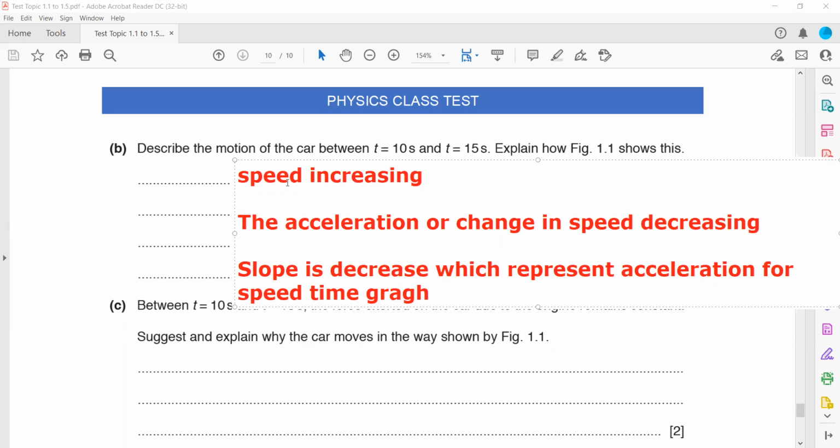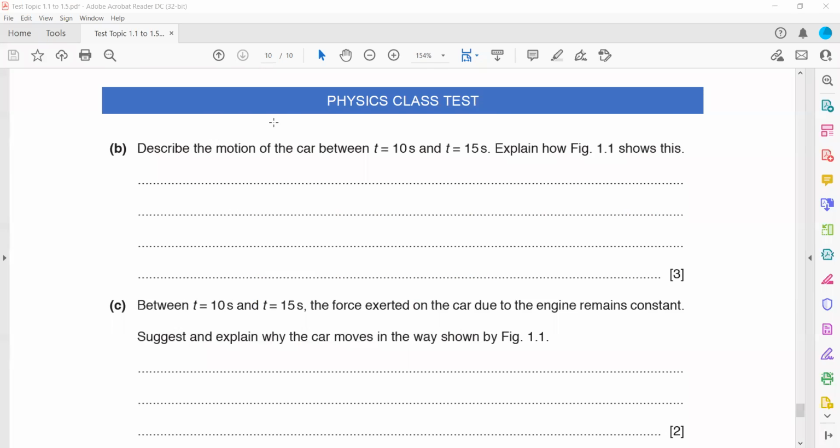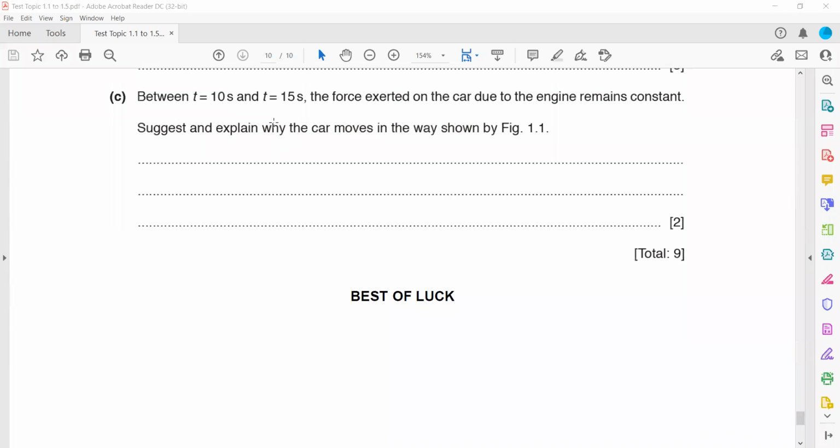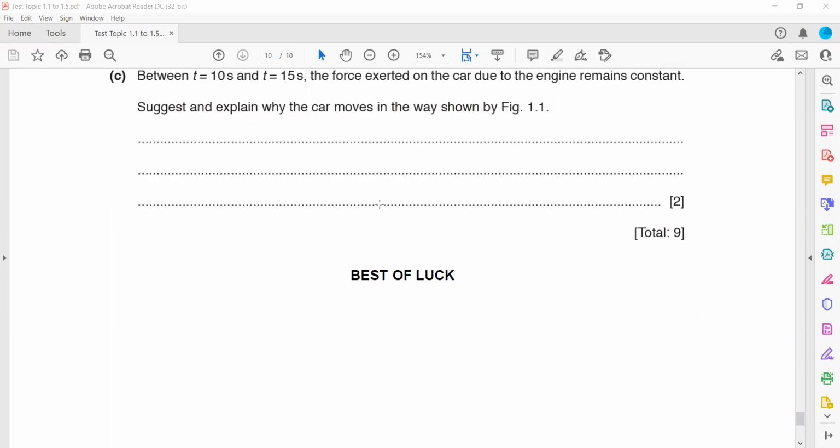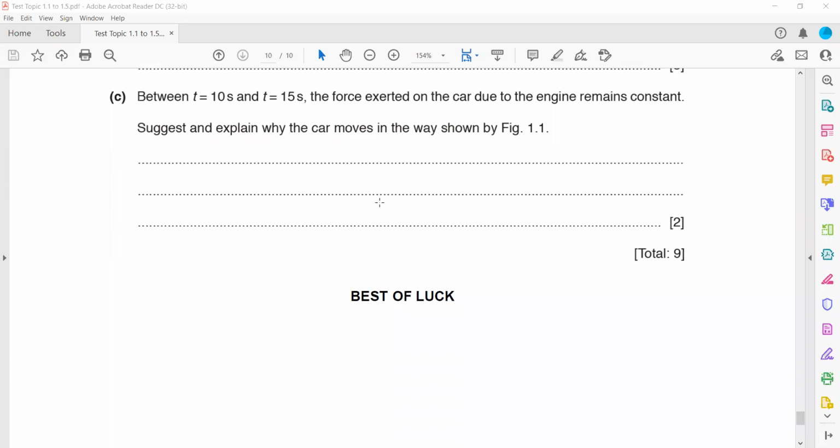Then the next part: from 10 second to 15 second, the force exerted on the car due to the engine remains constant. Explain why the car moves in this way. As you can see, the car's acceleration is decreasing even though the engine force is constant. So what is the reason for that? Even though the force of the engine is constant,